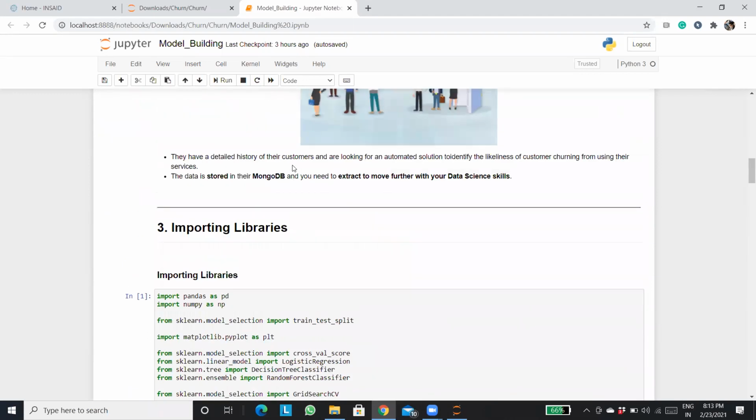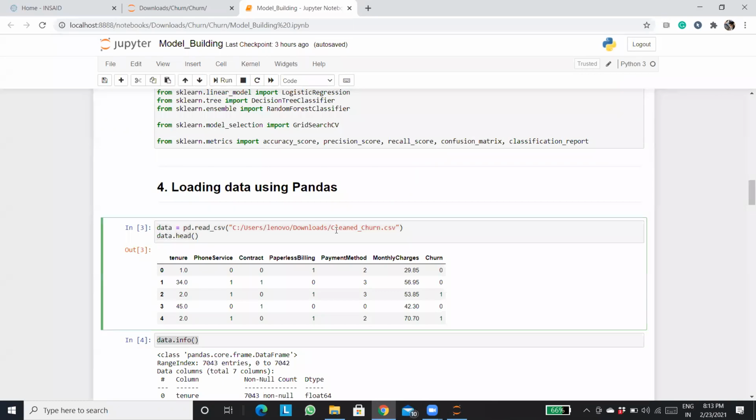By the way, which data set am I using here? It is named clean_churn. Why? Because in the session before this, I guess two weeks before, we did a session in which we cleaned the data set, and after that we saved it into a CSV file. That particular data set we are using here. We are not using the original data set that we extracted from the database. I hope you guys remember the database session, right? So there was a data set that we imported, and then we cleaned it. After that we created the model building part.